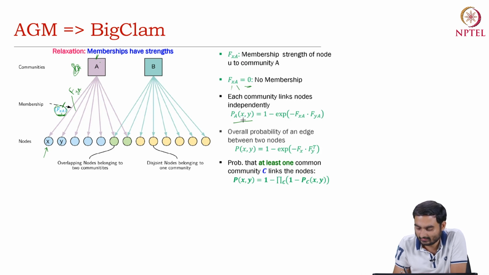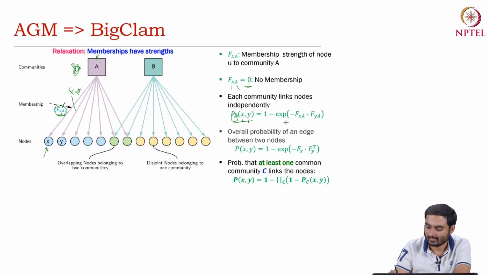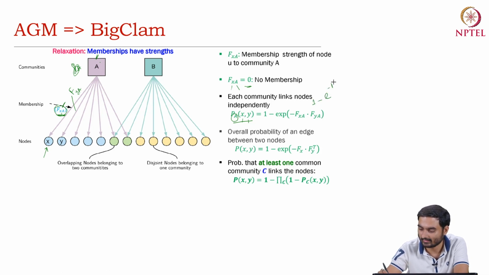So now we measure the same thing. What is the probability that there is a link between x and y due to the community A? Okay. And we basically define it using this one, 1 minus exponential of minus F of xa times F of ya. Let us try to understand this one. So let us say this is 1, this is also 1. Okay. What would happen? So we will have 1 minus 1 by e,